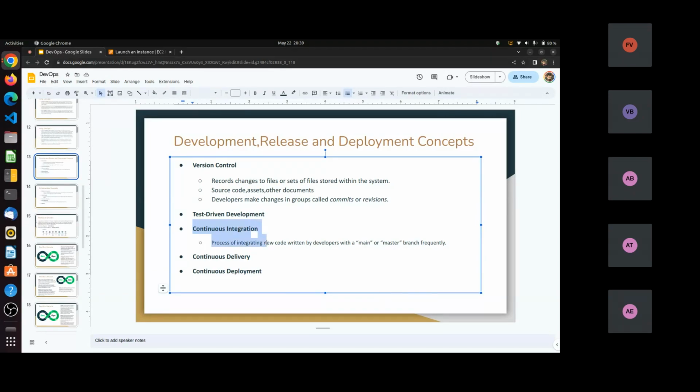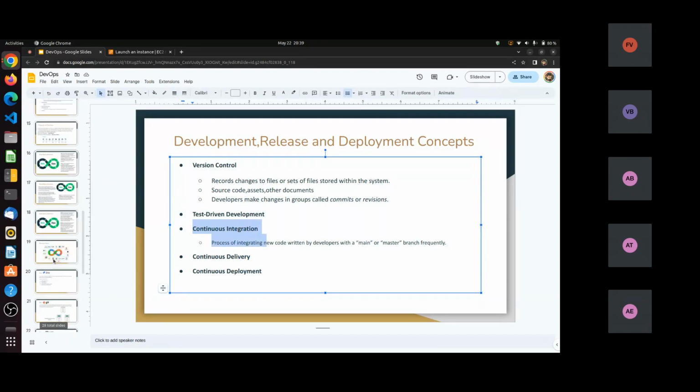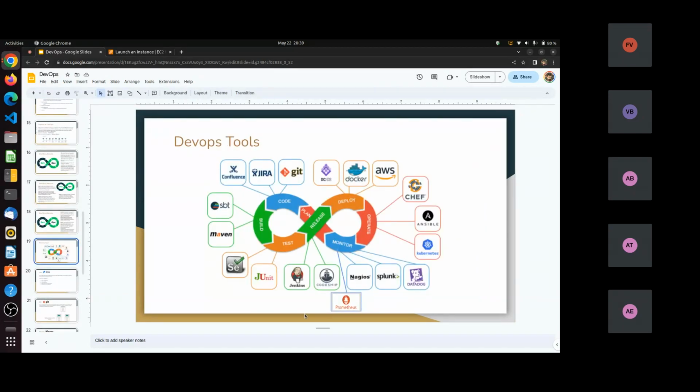Likewise, there is continuous integration. There is a tool called Jenkins, which is used for integrating every tool. For that we can use Jenkins.